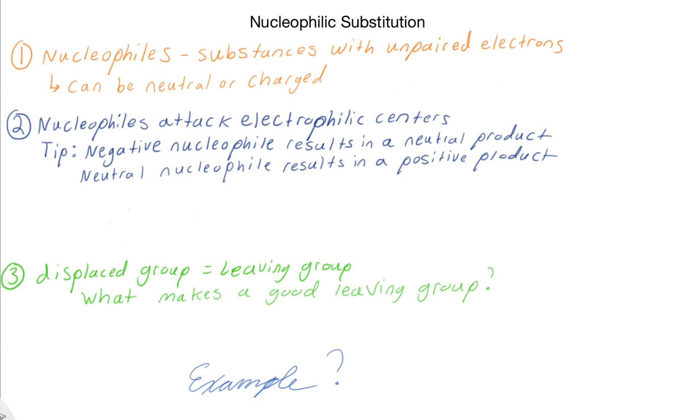So the first thing I want to talk about is the nucleophile. What is a nucleophile? Well, nucleophiles are substances with unpaired electrons, and nucleophiles can be neutral or charged. So what would be an example of a neutral nucleophile? Well, we could have,